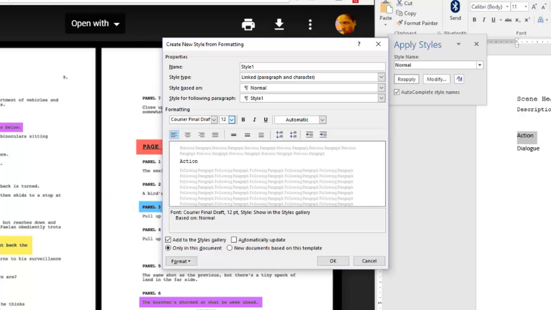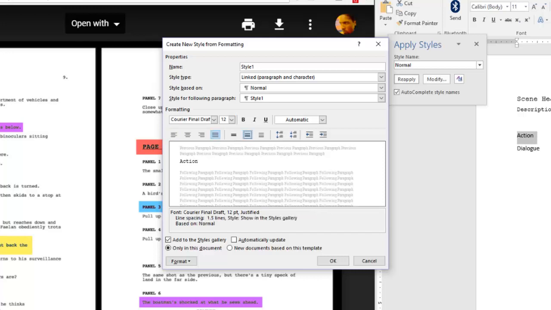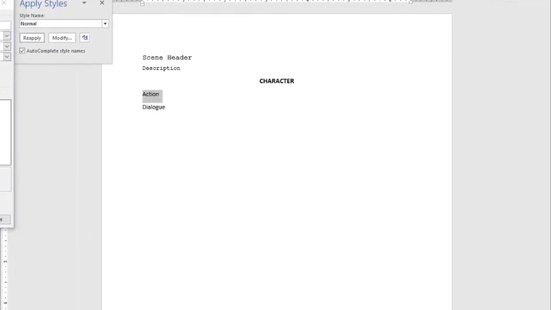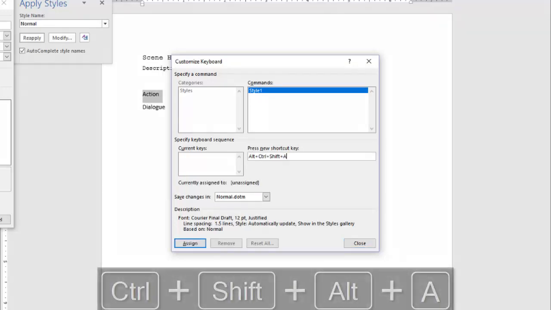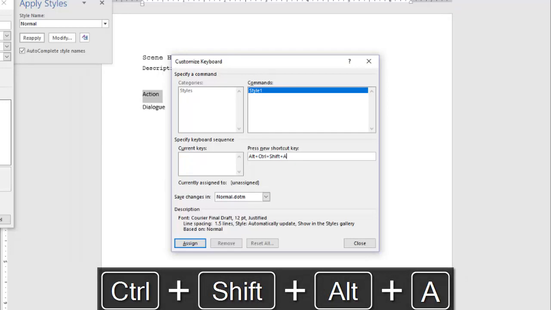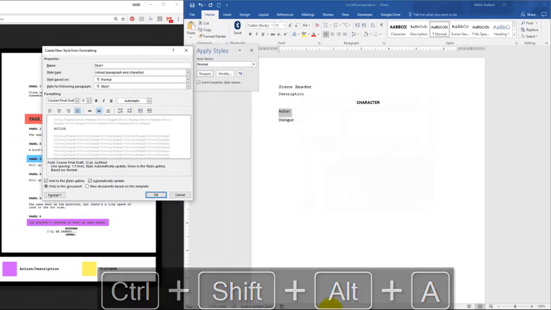And I also want that to be like that. And I want some spacing between that, so you can see the example down here. I want it to update automatically. And now I'm going to add my shortcut key. That's called action, so I'm going to use A for that. It's not currently assigned to anything. Hit Assign and then close.